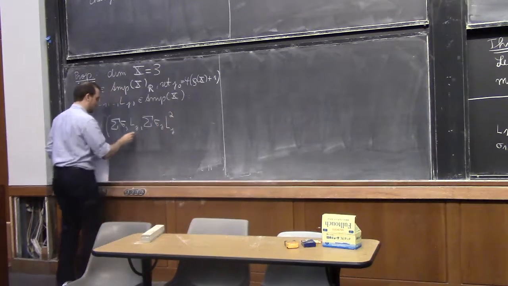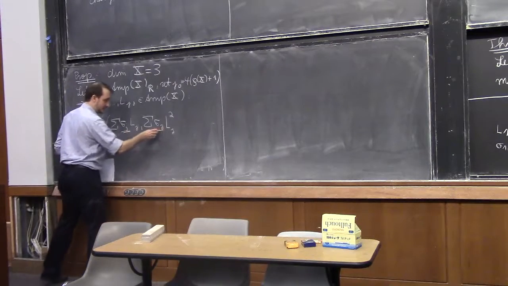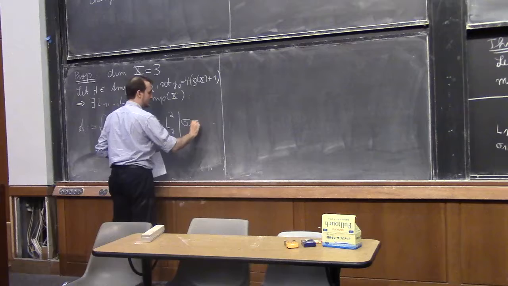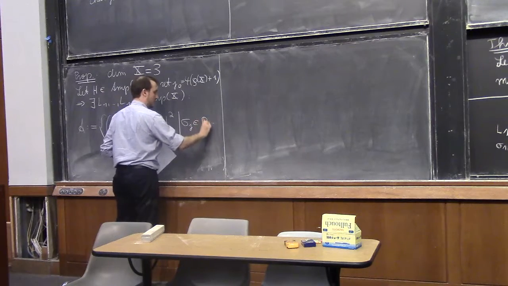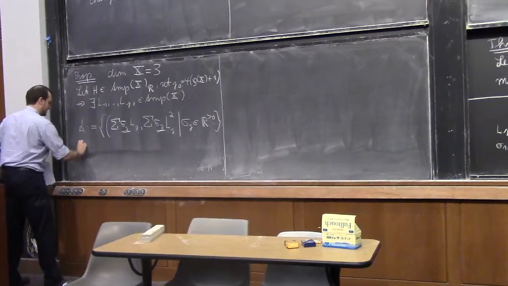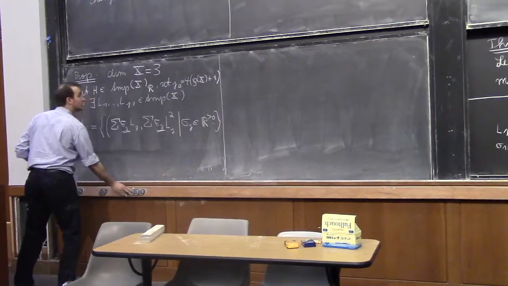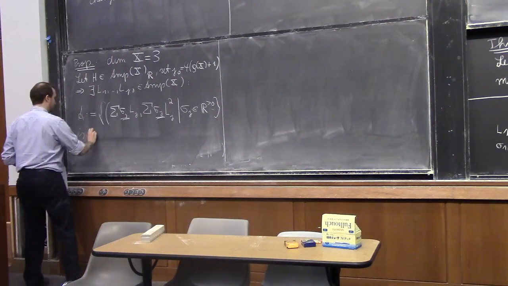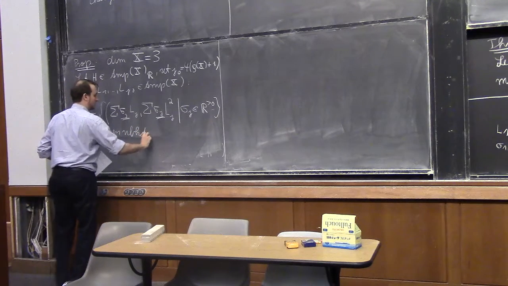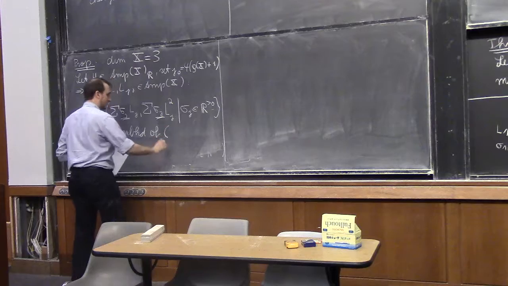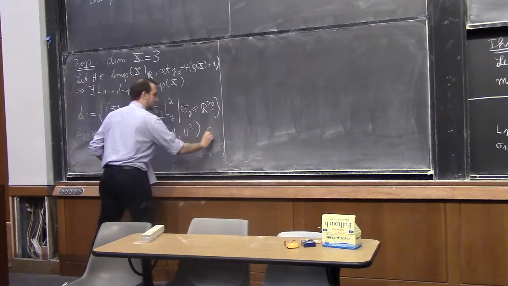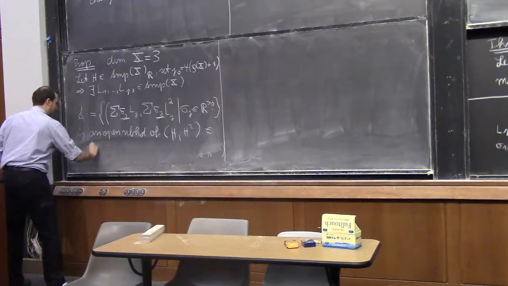And the important thing is that it's the same sigma, and I'm allowed to vary sigma_j here. So this is an open neighborhood of the point (H, H squared) inside the ample cone